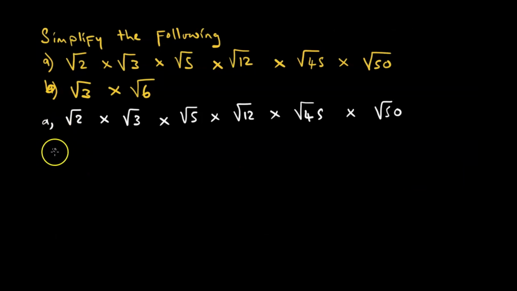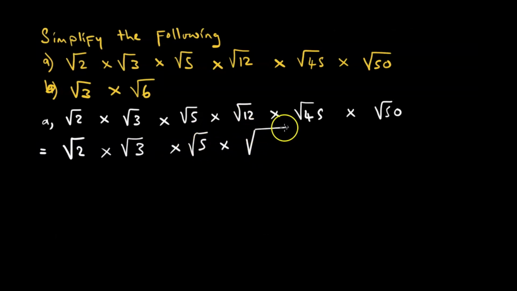So here, this will be equal to the square root of 2. We cannot express it in surd form. We don't have two numbers, one of which is a perfect square, because 2 is a prime number. So it's only 2 times 1. So we just leave 2 like that. The same applies to 3. The same applies to 5.